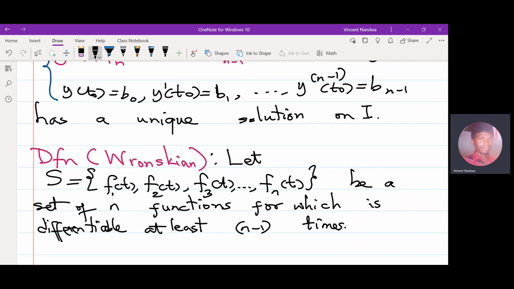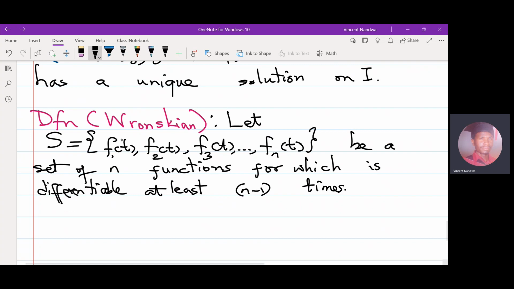Then the Wronskian of S, denoted by W of S, is given by